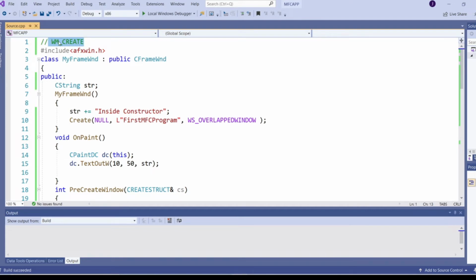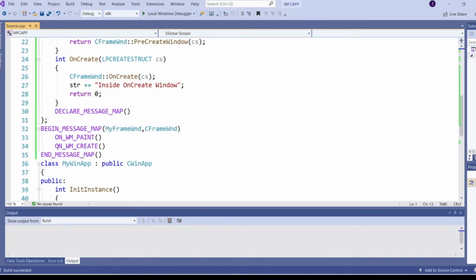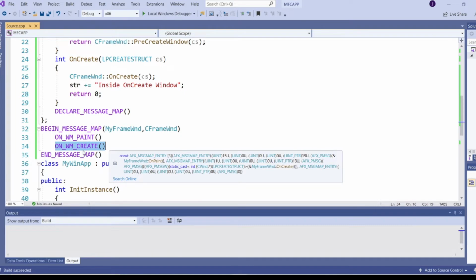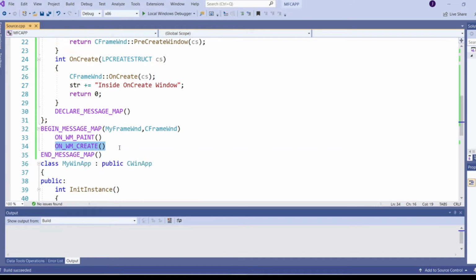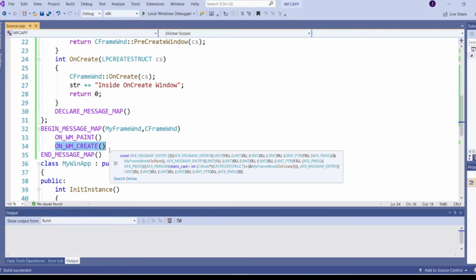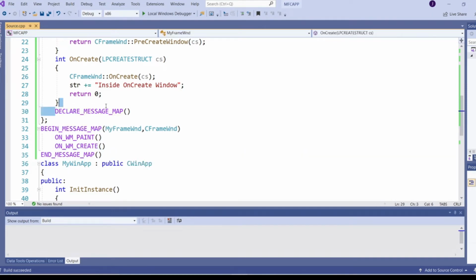In MFC, WM_CREATE is mapped with the message ON_WM_CREATE. As of now, no need to bother much about what DECLARE_MESSAGE_MAP, BEGIN_MESSAGE_MAP, and END_MESSAGE_MAP are. We can see this in more detail in the upcoming video series.